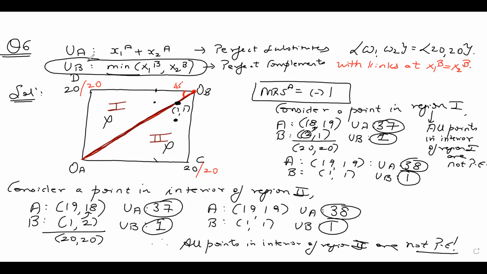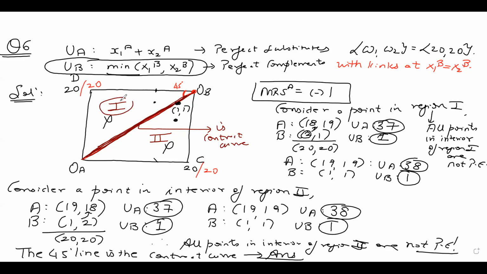So what is the answer here? The only answer is that your 45-degree line, which you can see on your screens, only that line is the line of Pareto efficiency. So I can say that the 45-degree line is the contract curve. And this is the final answer for this question. The 45-degree line, which is the brown line which you can see on your screen, this line is the contract curve.